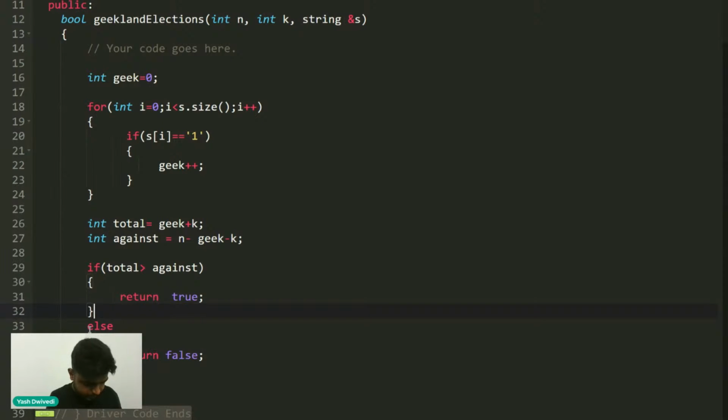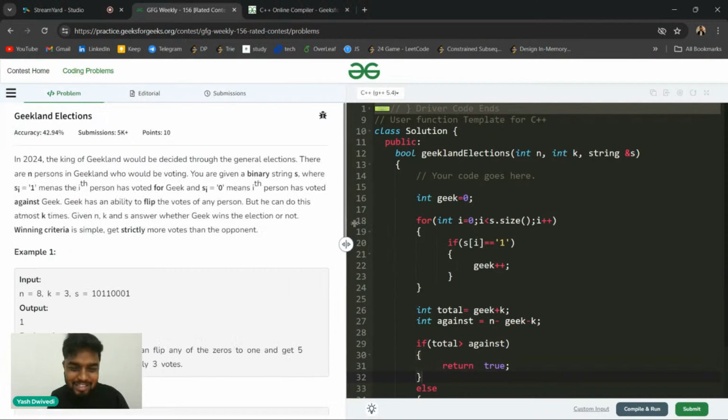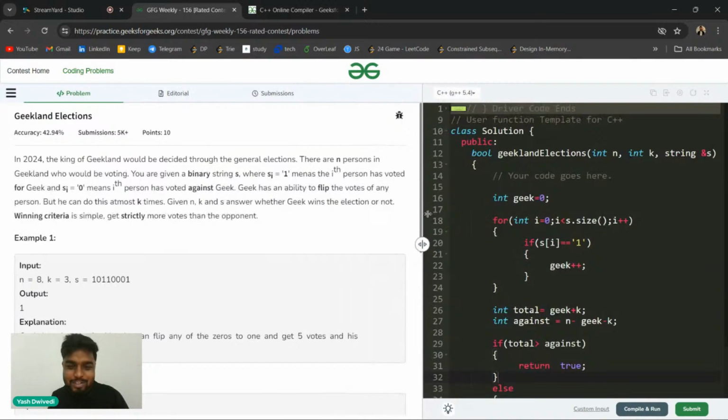Someone was asking. Now you are clear with this particular question, right? Yeah, question 2 has not been explained properly. I also feel that it was not explained properly. I thought that you were asking me to explain this question again. Okay, so this question was easy and it was clear to everyone. You can hit the like button, guys, if you're clear so far, and then I'll proceed further as well.